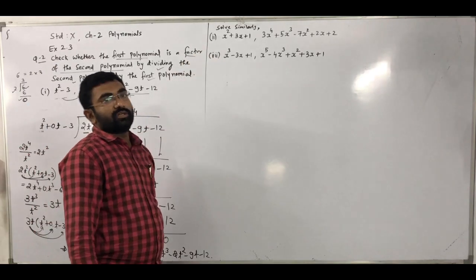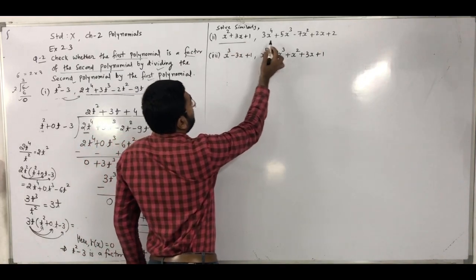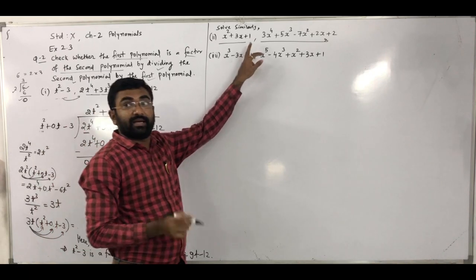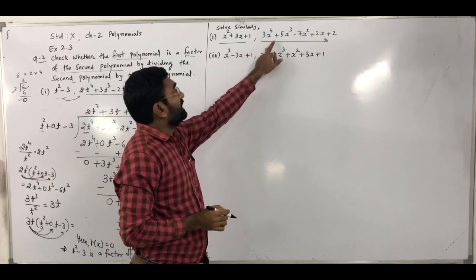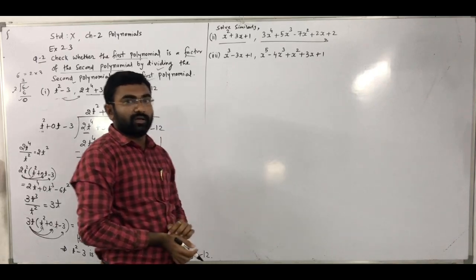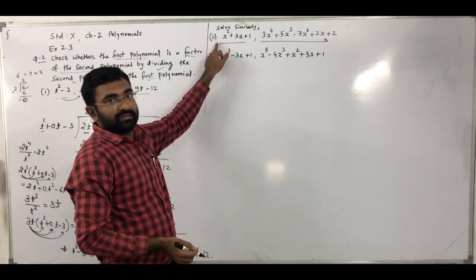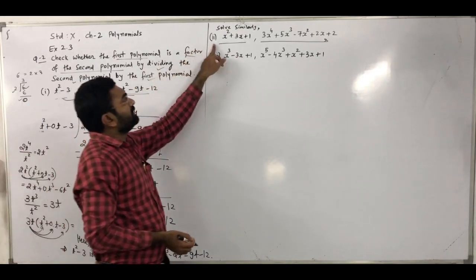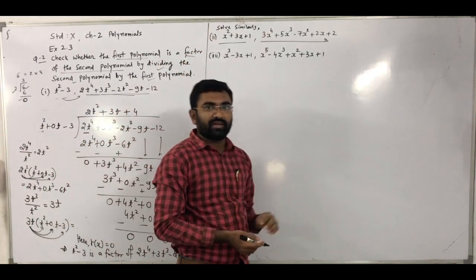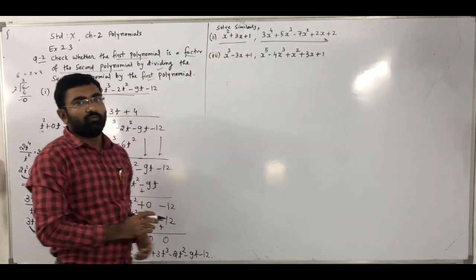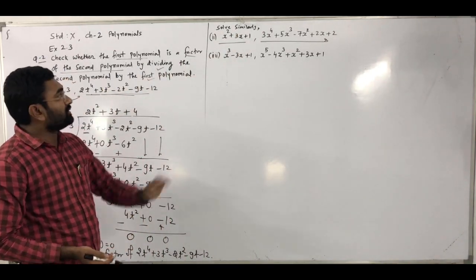Here in question number 2, the first polynomial is given as this one and the second polynomial is this one. So after dividing that polynomial by this one, you have to check whether its remainder is 0 or not. Right? In the second one, it's similar to the first one. In the second question you also get r of x is equal to 0. So that's why I give it as homework. Okay, so all similar. Now the third case.